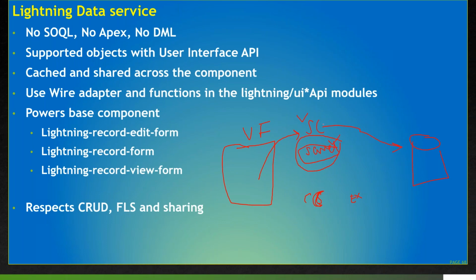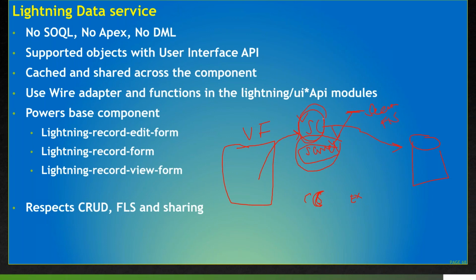So when I use a standard controller in a VF page, we don't need to write any Apex programming. We can perform DML operations on the records, and my page also follows security rules, nothing but the FLS. Automatically everything comes up.